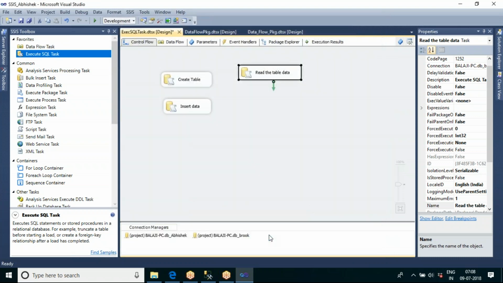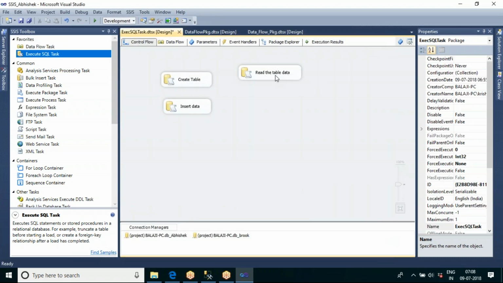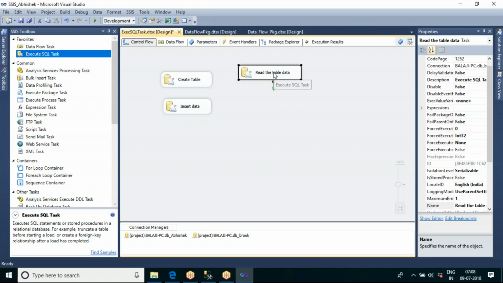Okay, so I'm reading the data from the dbBrook database table.